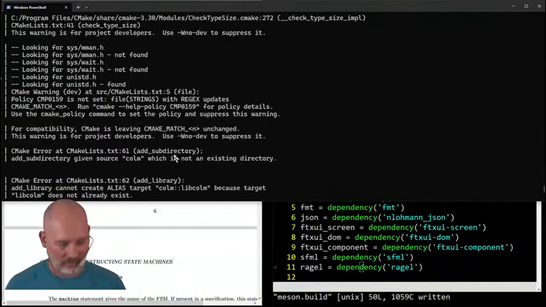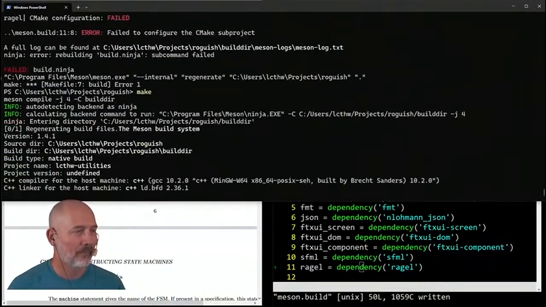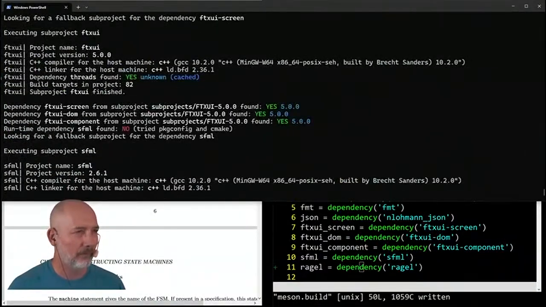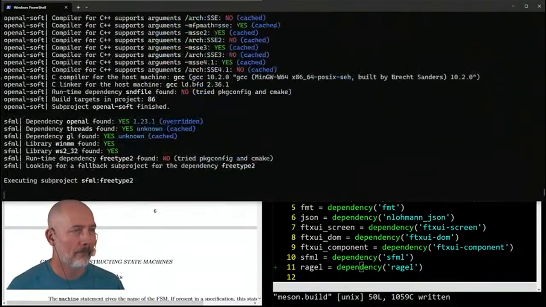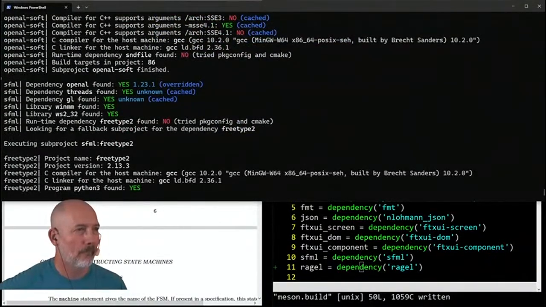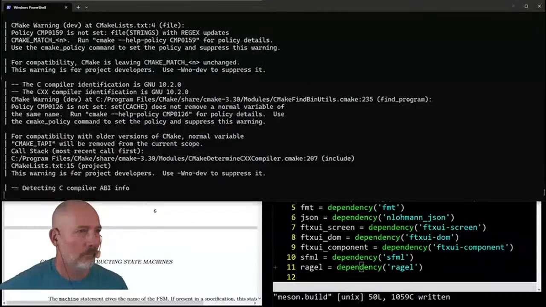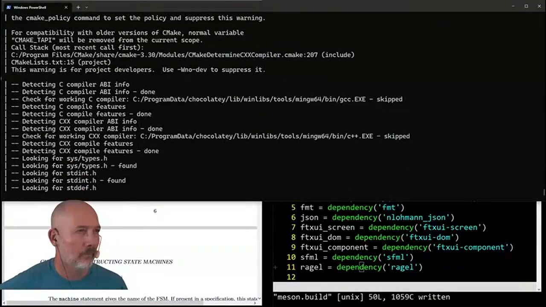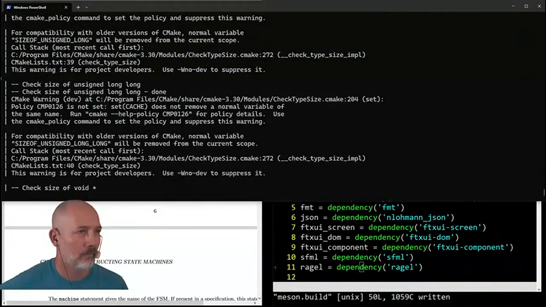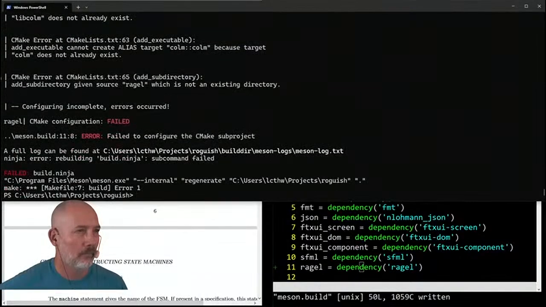Darn. I was hoping it would do it. Let's see if it's just a temporary error. Yeah, just temporary. All right, so let's go into